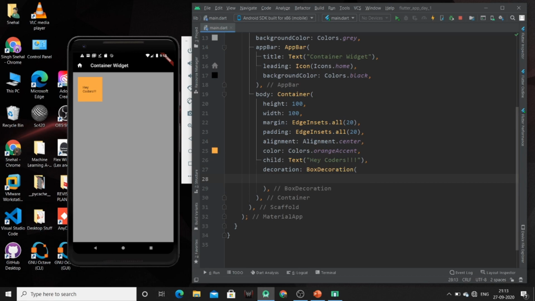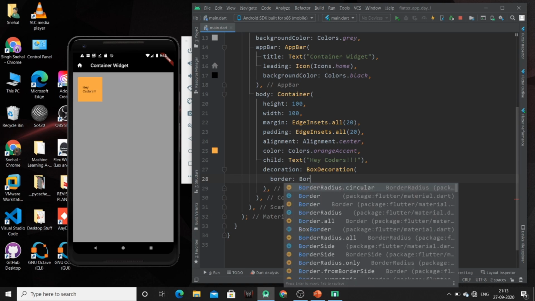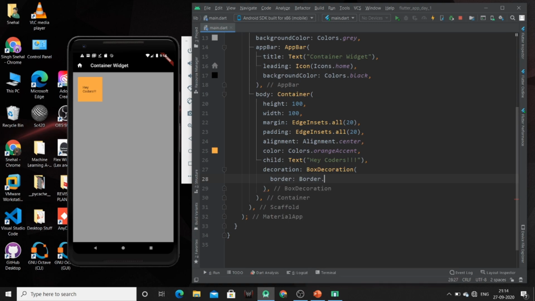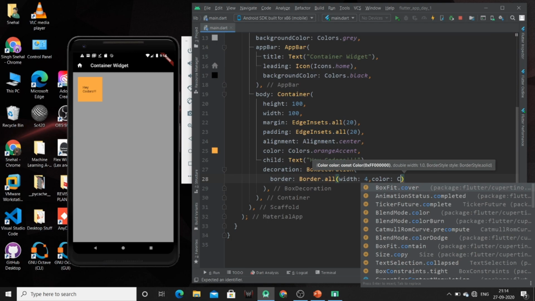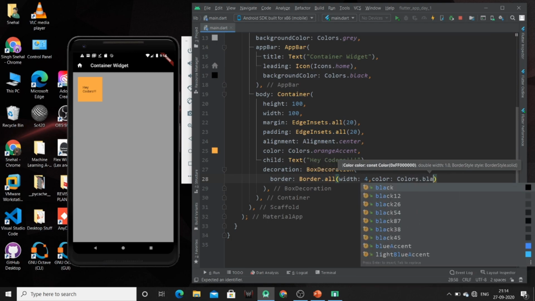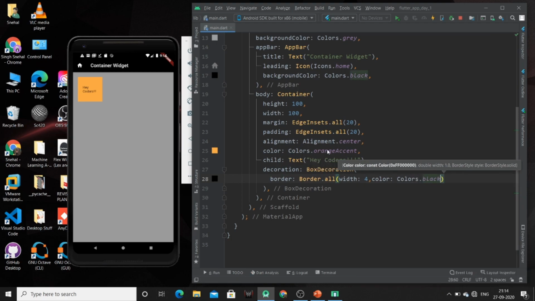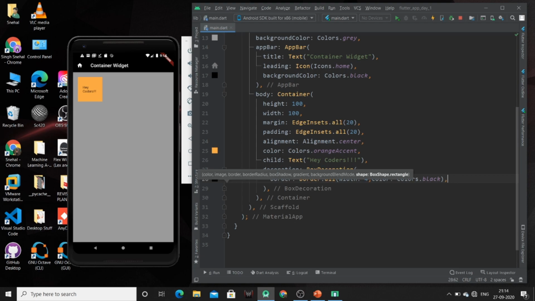Now we can specify the border. I am going to give a border of width 4 pixels and the color of the border should be black. Now by specifying this, a border will be given to our container of 4 pixels and color black.